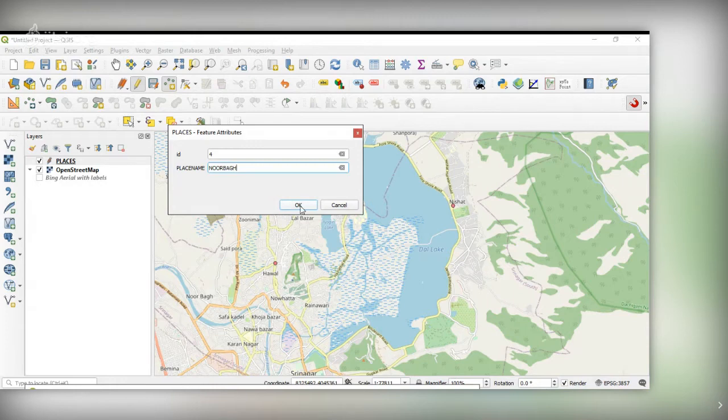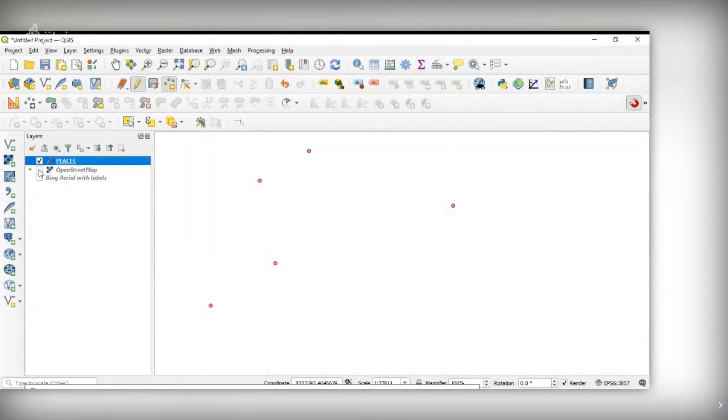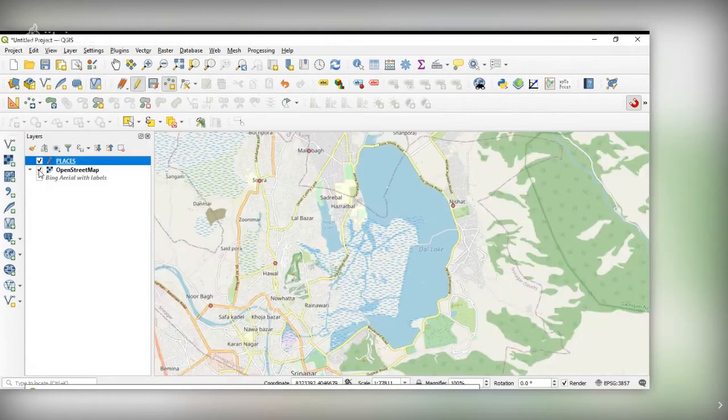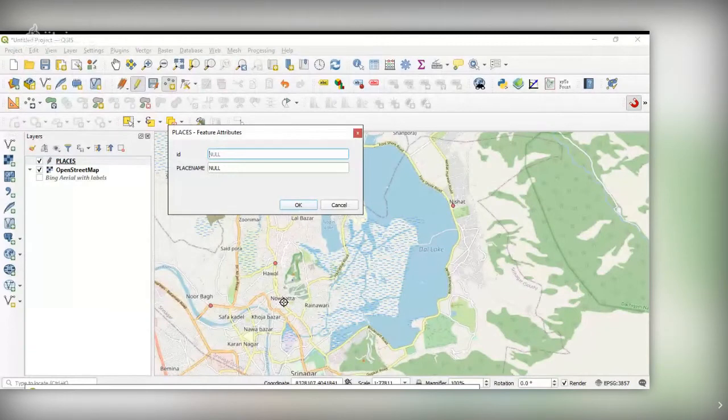Okay, now see 1, 2, 3, 4, 5 points are added. So I think this is enough for this exercise purpose. And I'm saving it. I think we can take one more here. Now Hatta. Yeah. This is 6.